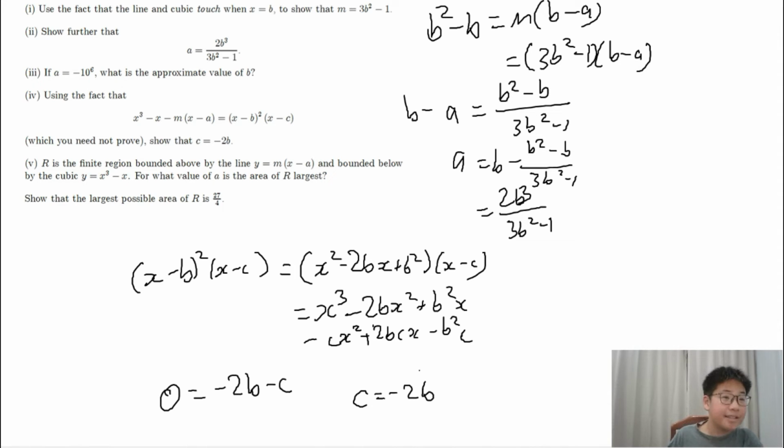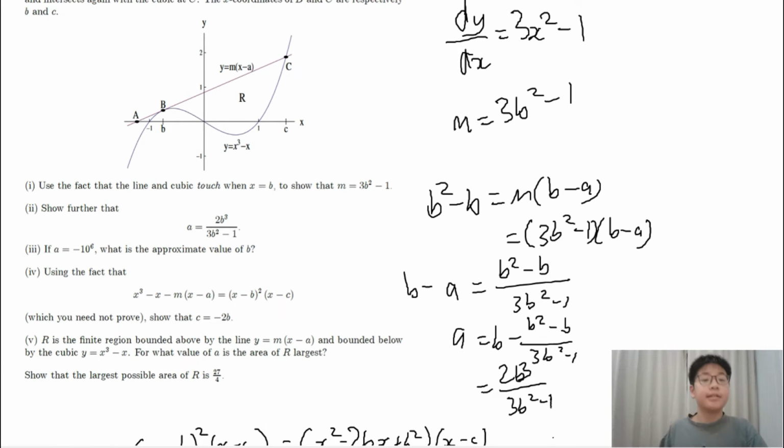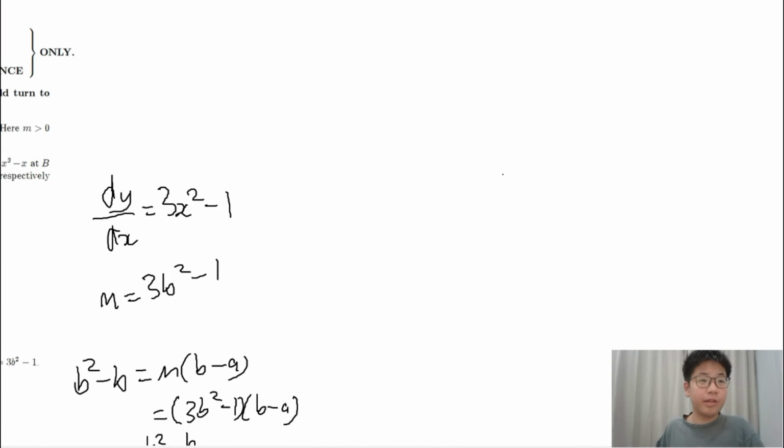There. R is the finite region bounded by this line and bounded below by the cubic. For what value of a is R largest? So, we're going to scroll down here and do some integration. We can see that as a increases, the tangent line and so the area of R increases. So this area is greatest when a is -1. In this case, b equals a equals -1 and c equals 2. Hence, the largest area is